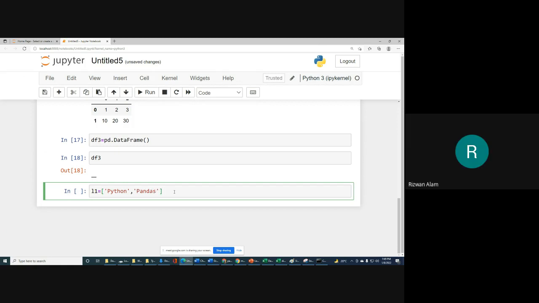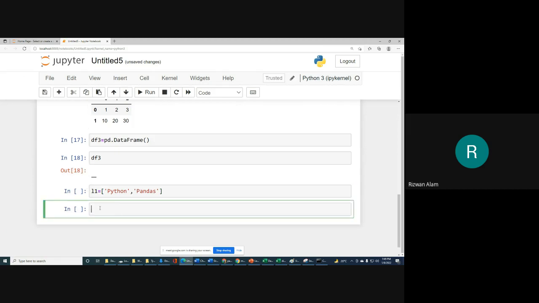Okay, so now we will see what we get if we provide this list to the DataFrame method for creating our data frame. We want to create a data frame, for example df4, so we give it the name df4, and for that we will use pd.DataFrame. In DataFrame you have to keep in mind that D will be capital and F will be capital.